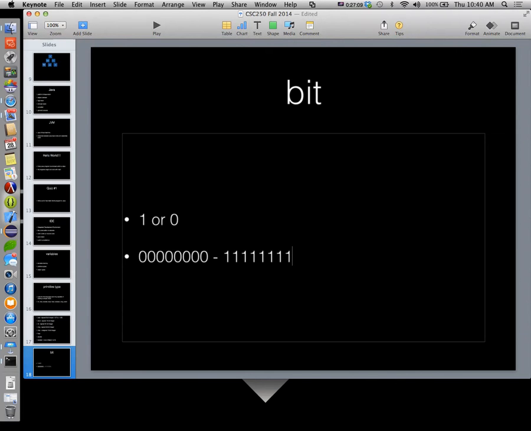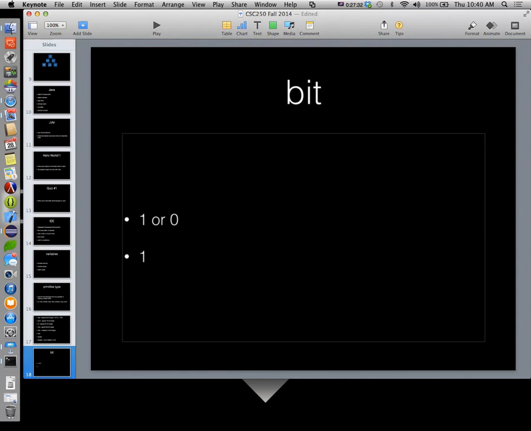Now, how do I read these? You guys dealt with binary numbers in 150, right? I know you dealt with it in the 200 class. So how do we write the number 1 in binary? Number 1 is that.